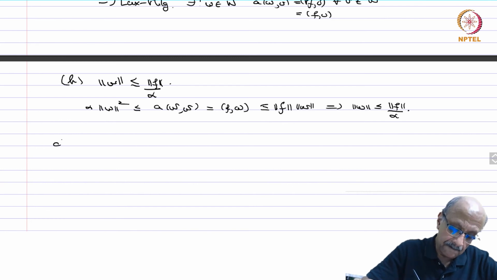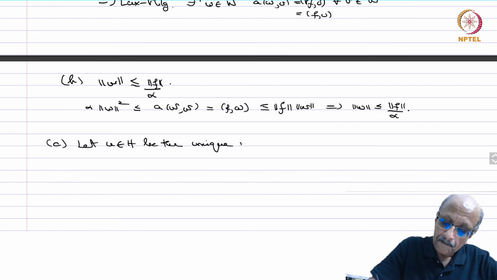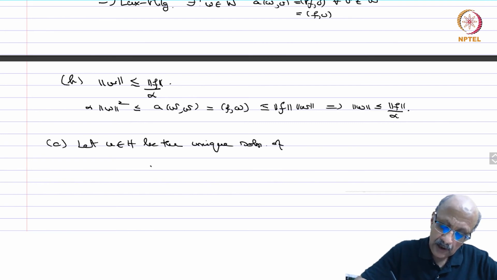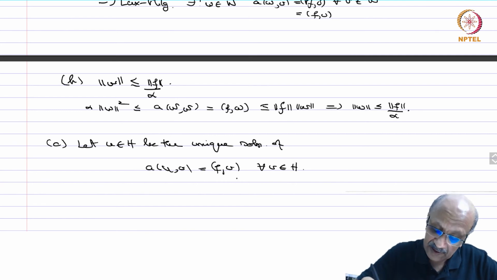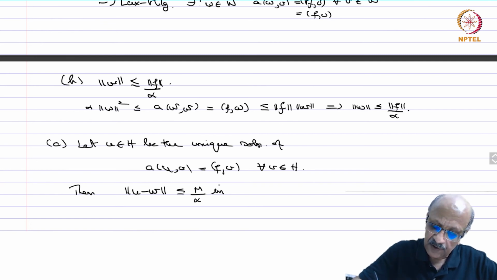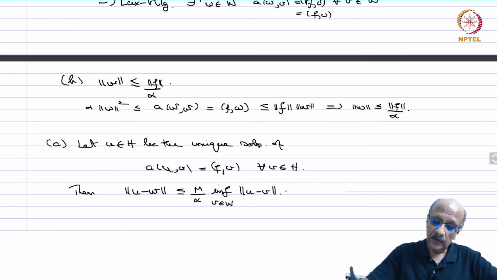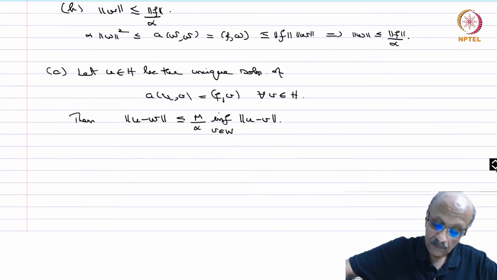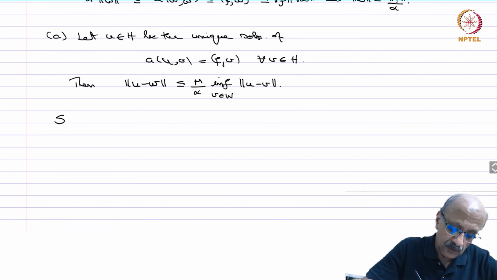Now (c), let u in H be the unique solution of a(u, v) equals F(v) for every v in H. So you take the full problem on the entire space. Then norm of u minus w is less than or equal to M over alpha times the infimum of norm u minus v, v in W. Okay, so